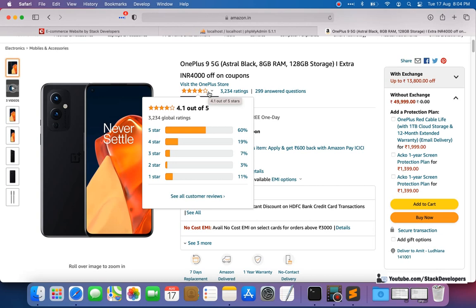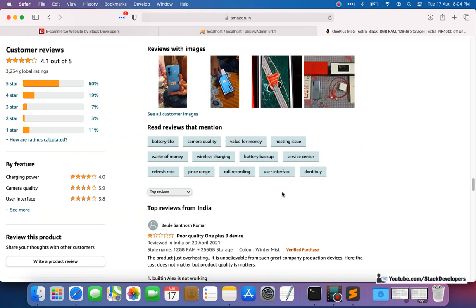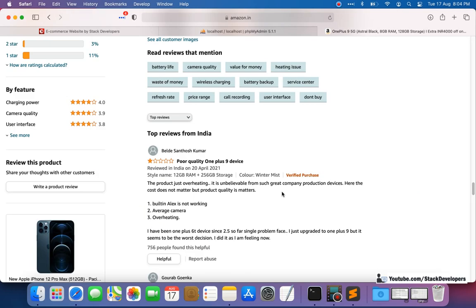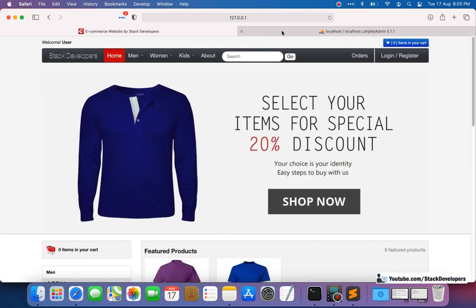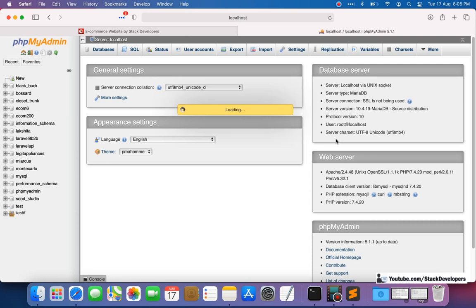We will give the customer the privilege to add a review and rating, but those reviews and ratings have to be approved by the admin. So we will make an admin panel where we display all the ratings along with reviews, and the admin is going to approve them. After that, they will show in the product detail page, because there may be a chance of spam or something like this, which the admin will not approve. So let's start working on this feature, and this ecom 6 is our database.